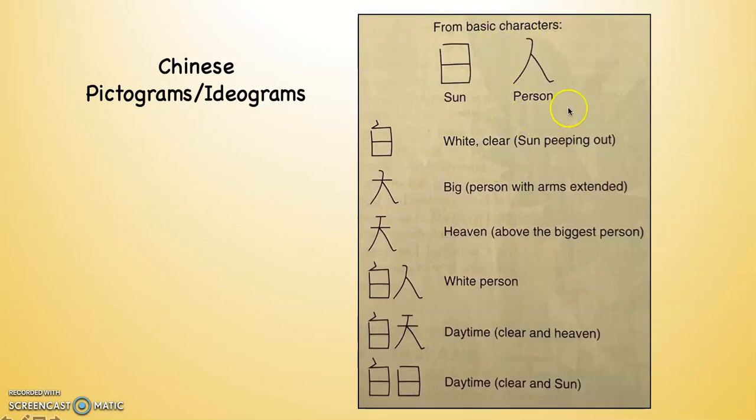If we take a look at them, these are Chinese characters. This is the one for person. You can see that it looks like a person walking. And then how do you make the word for big? You take that person and that person stretches their arms out, indicating big. How do you like that? The word for heaven is the person with their arms stretched out plus something over the top of them. So it's so big, it's beyond a person, it's heaven. And then if you look, this is the word for sun. And at the same time, this is a word for white with this little hook on it. And then you can see this is white person. How do you like that?